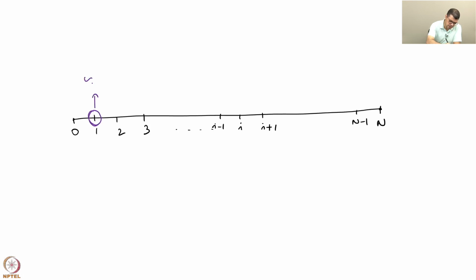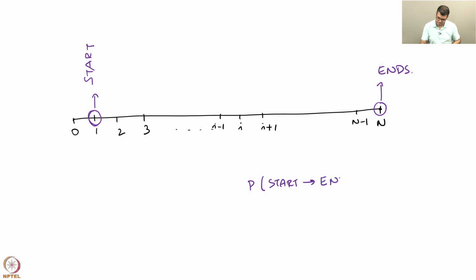This is our start position and this is the position where a mutation ends when it reaches fixation. So, our goal is studying probability of start to end. However, this cannot take a big jump and straight away go to end. It is going to take jumps which are of only size 1 or size 0, remain there or go to its neighbors. And through this random walk that it is going to take,